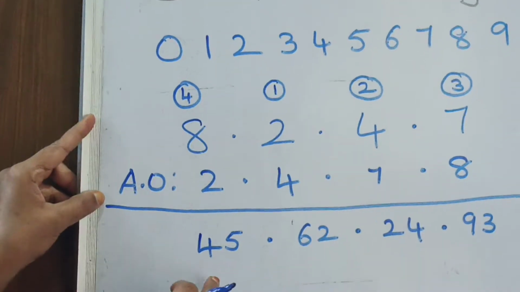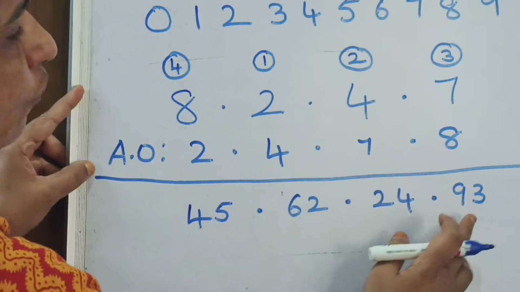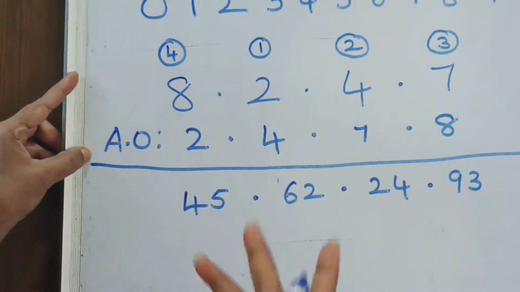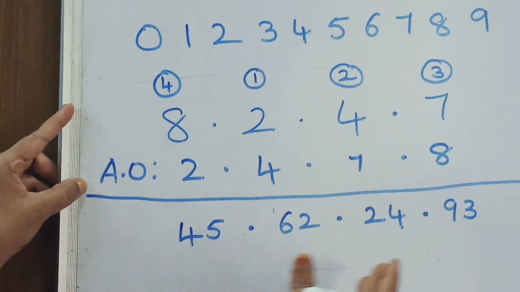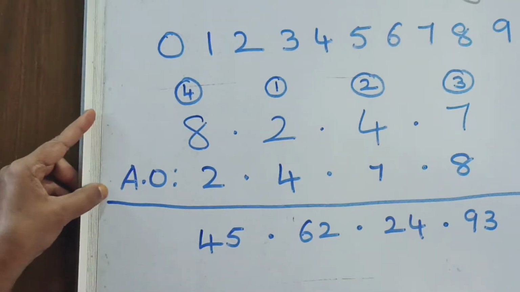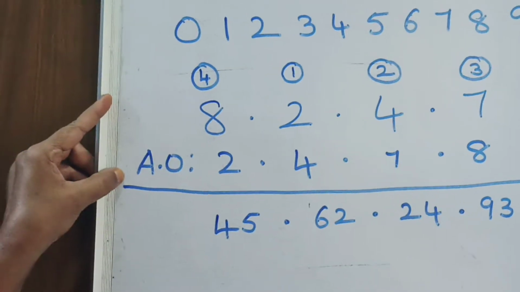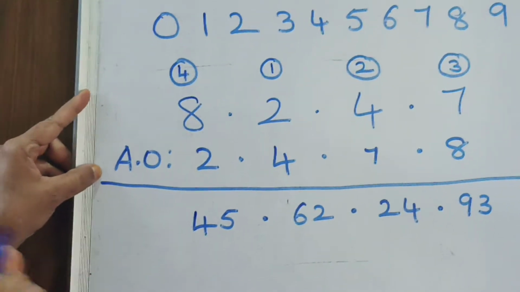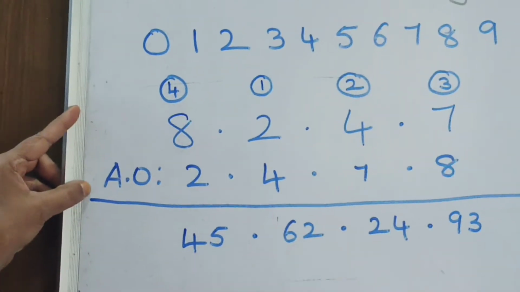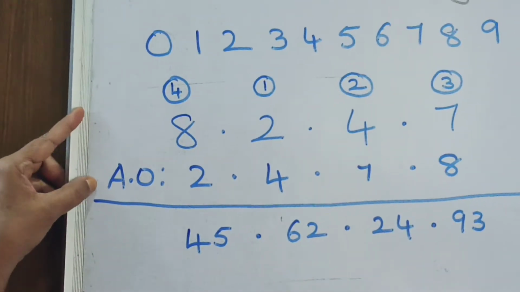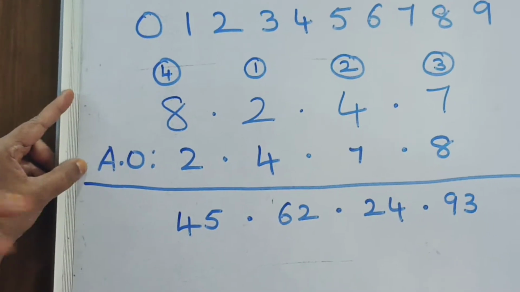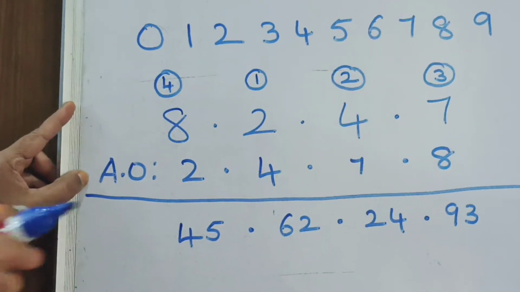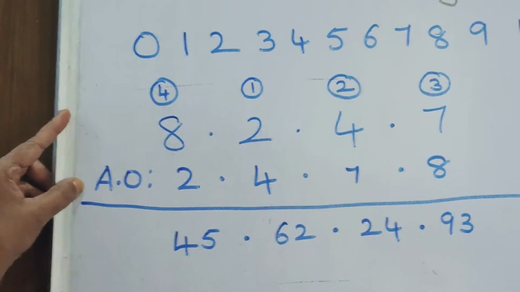Now you have to arrange 45, 62, 24, 93 in ascending order. Some of you, just by seeing, can tell which is the smallest number, 24, teacher, you will be saying. But some children cannot understand. They will be getting confused about which number to write. So no problem. See, for comparisons, what I told in comparisons: whenever you are comparing number and number, if you have any doubt, what I told was to just underline the first number.